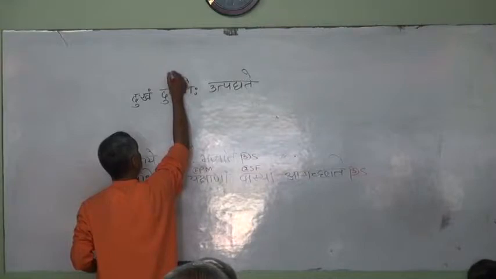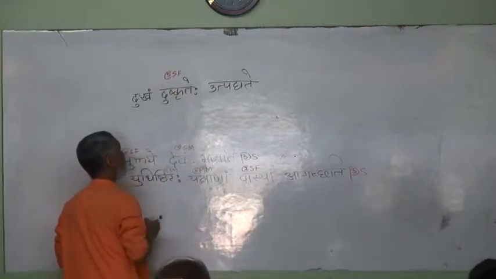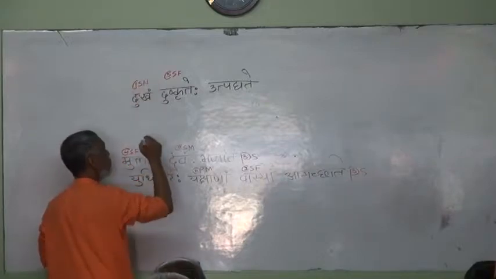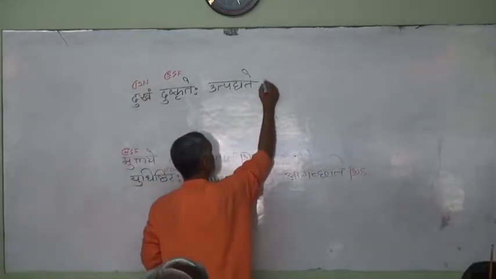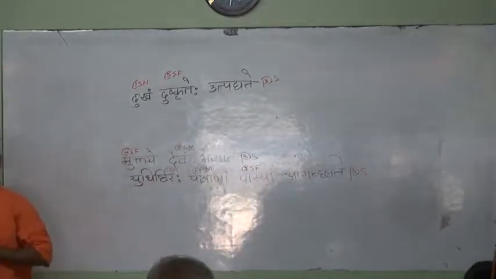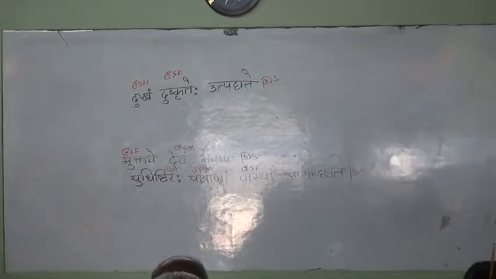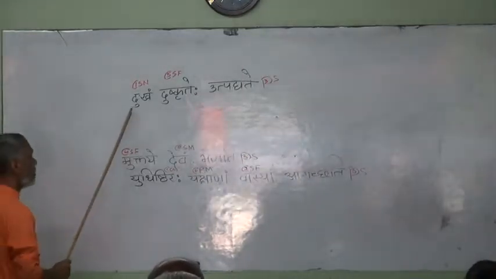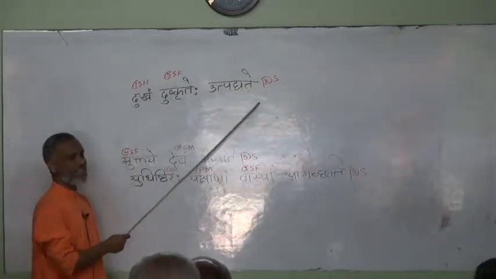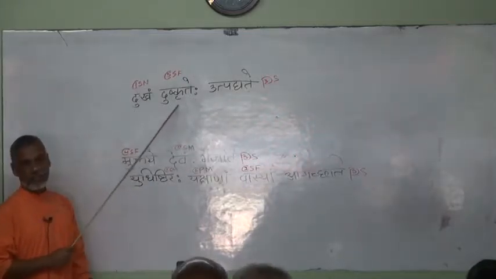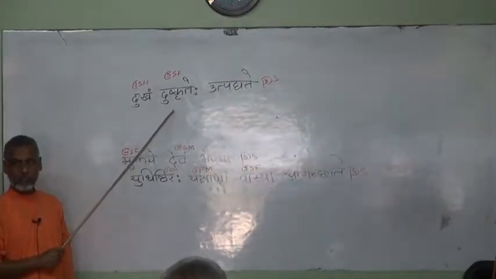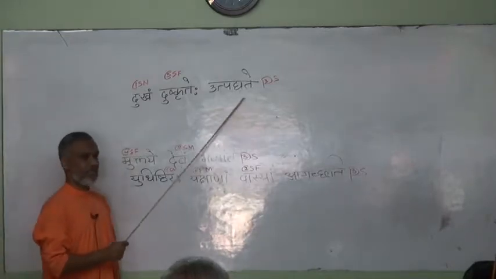Fifth case singular, feminine. Here is first case singular neuter. So now this is subject and this is verb. Dukkham rises. And what will be the preposition for this fifth case? From. Dukkham rises from